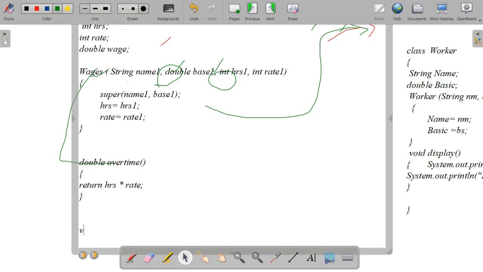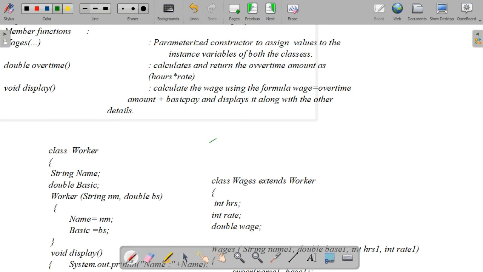So we need to calculate the wage using the formula inside the display method. So void display is the next method, and here calculate the wage using the formula wage equal to overtime amount plus basic pay, and display it along with other details.